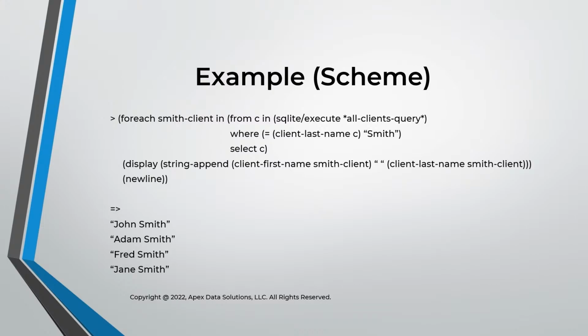Now, this query could have been done entirely in SQL, we get that, but the result of the from clause could also be bound to a variable, which could then be used in a variety of foreach statements without having to hit the database again. None of that's really the point. The point here is that foreach and from clause are the result of macros. About 900 lines of Scheme code were all it took to implement the LINQ